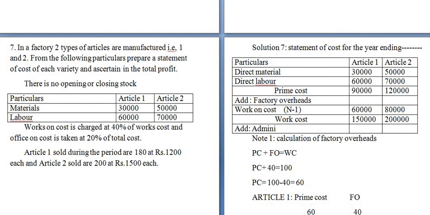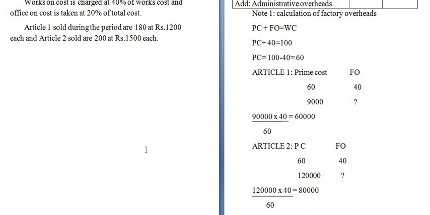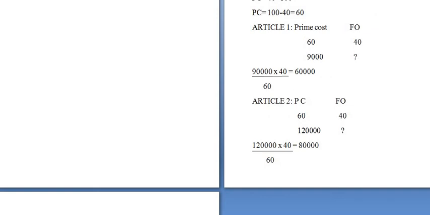Yes. Okay, now next is add administrative overheads. Now related to administrative overheads, what they have given: office on cost is taken at 20% on total cost. It means again here also on total cost it is 20%. So again we should have one working note. So note number 2,